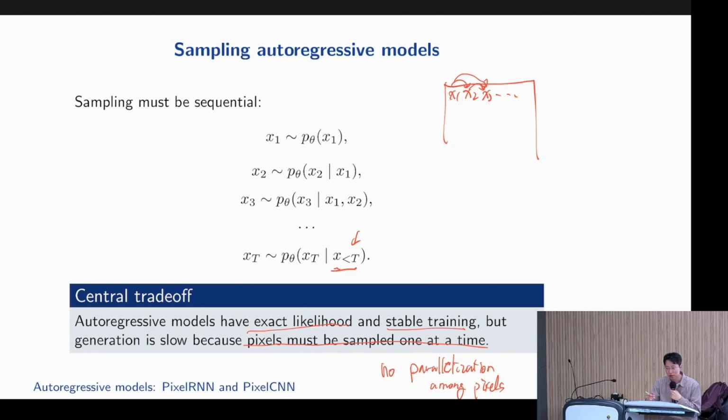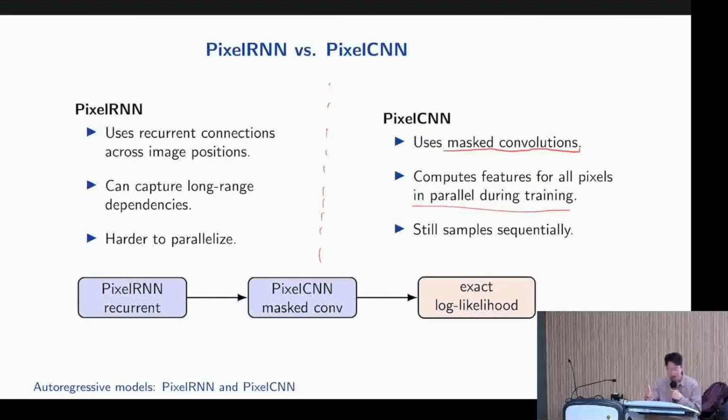Right? Say your kernel size at a convolution window is h by h. Here you're going to see at most h squared pixels. So here, we're not going to have exact likelihood anymore in pixel CNN. So at least the training can be done in parallel, but sampling inference, still no hope. You have to generate one pixel at a time.